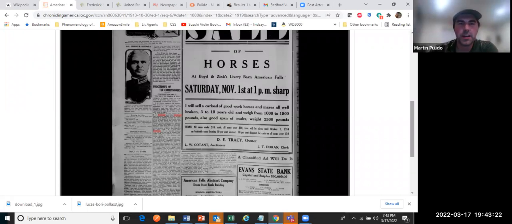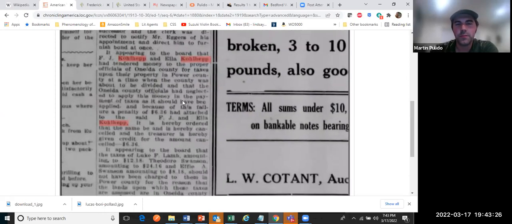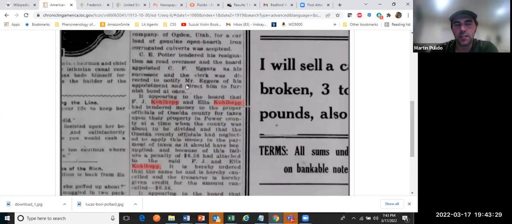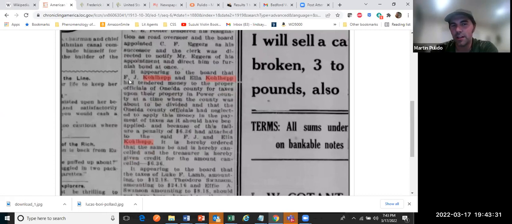Yeah, highly recommend this resource too. I've probably gotten my best data or most interesting articles from this. You can find tons of stuff. So this is directly to an ancestor. See how it notes initials here? I wanted you to see very clearly early on how some of the spelling variation is. In that first article, remember it mentioned the son and it was just Mrs. Kohlhepp. This time we've got F.J., not Frederick or Fred or anything like that. It's the initials. They did spell his name well here, and it does note Ella this time.